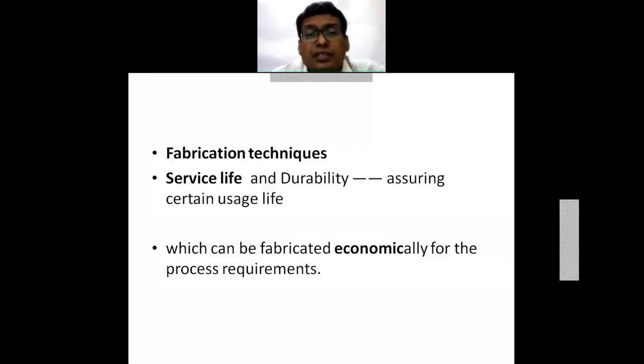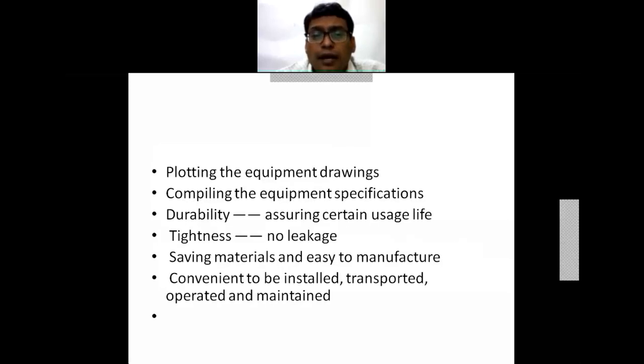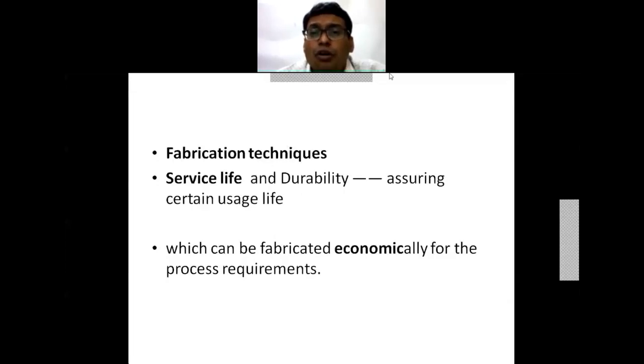But if it's a seasonal product, then consumer goods, then the probabilities may change. Then it should be fabricated economically for the process requirement. So all these are my basic requirements which are to be taken into consideration for the